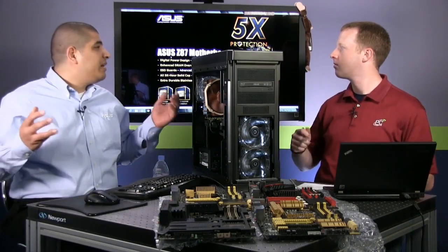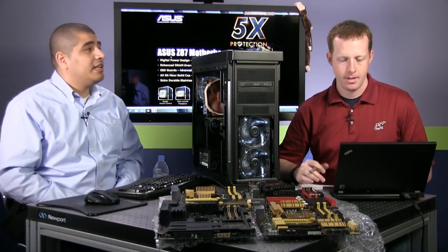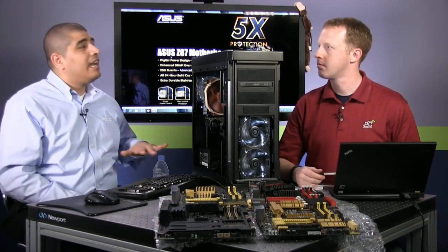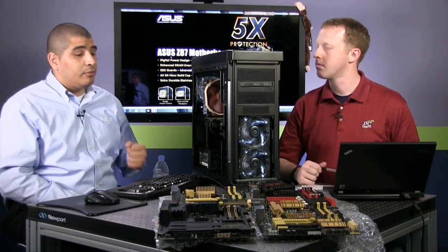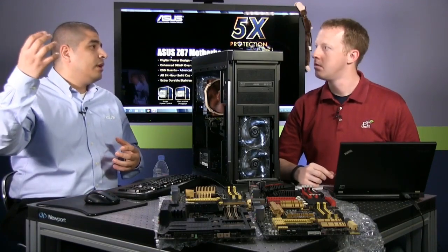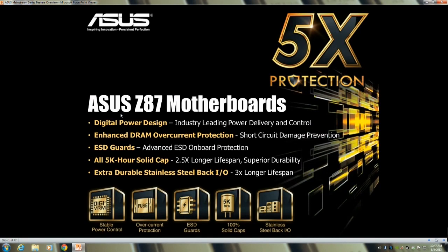So these are things that, in the past, we've never really even talked about. They've just been there. You've just already had these types of design initiatives, and this is what we mean by non-negotiable. There's going to be stuff like this that inherently adds to the quality of the product regardless, but you're also going to get a lot of real value-added features, like I said, so advanced stuff like Fan Xpert 2, all the way down to something just like capacitors that are rated for twice as long as what the average is. Even things like the actual I/O shield and the actual brackets that are composed of our units,